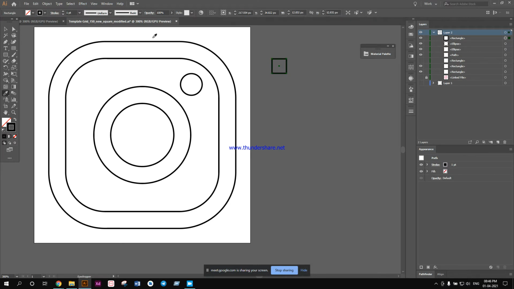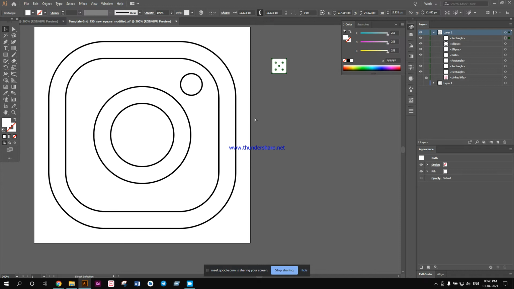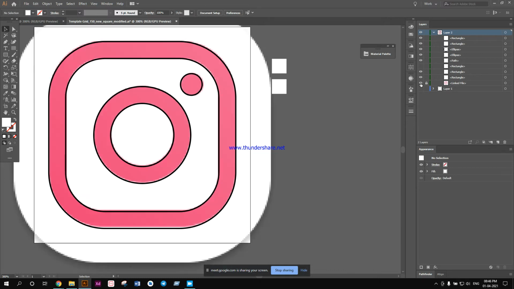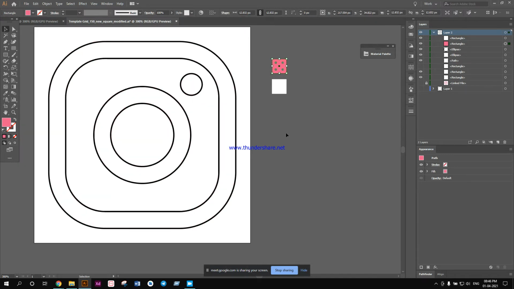Okay, let's just sample this color and make it white, and let's just copy and paste. So this is my color swatch, new color swatch. I can do it from the swatch panel also, but this is how it is. I'm going to turn on this one, and with this being selected, I just sample this color. Okay, now I have to disable the bottom part. Okay, one would have been enough.